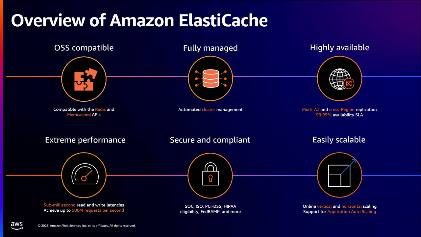Now, arguably, ElastiCache's killer feature is performance. And performance is a big reason why the open source projects Redis and Memcached became so popular to begin with. So over the years, we've invested a lot in optimizing performance, and that's something you can continue to expect from us. Just as a couple of examples, in 2019, we launched what we call enhanced I/O for ElastiCache for Redis. What that does is it offloads the handling of network connections onto dedicated CPU threads and improves throughput